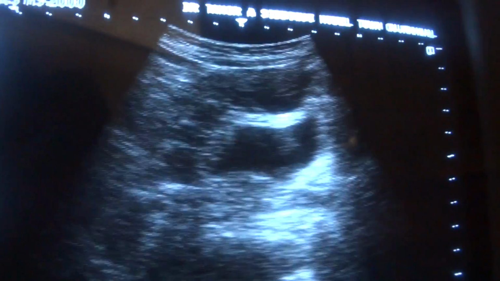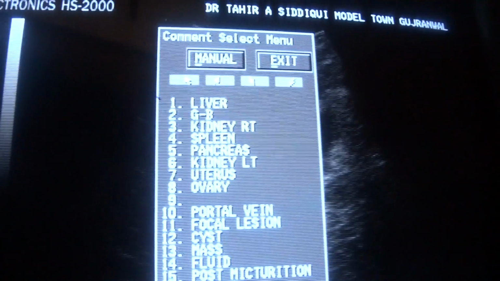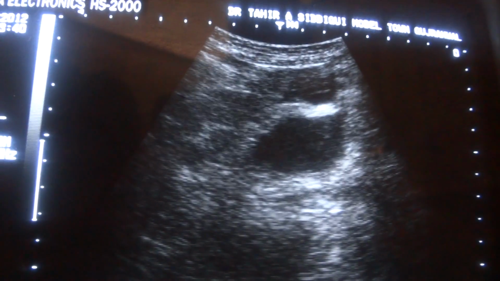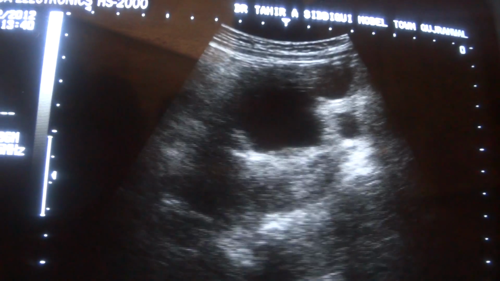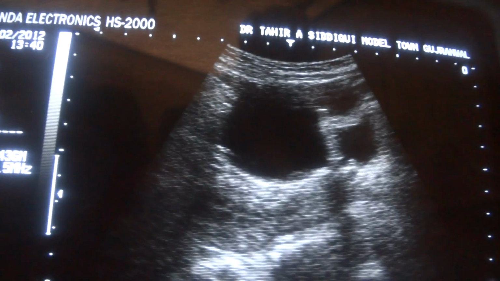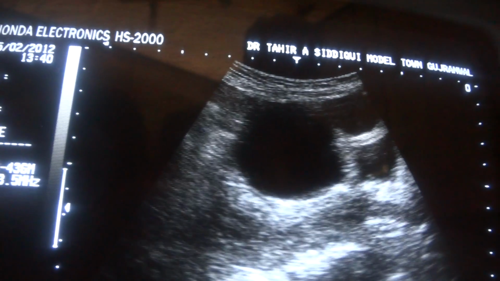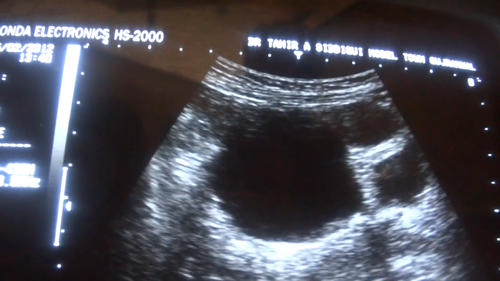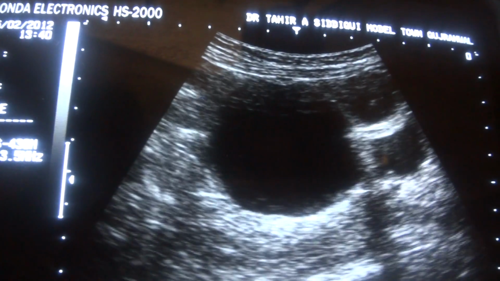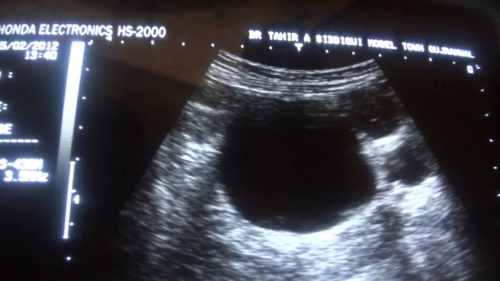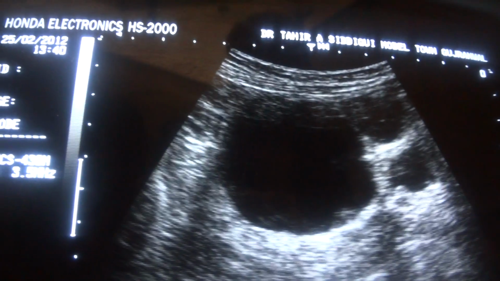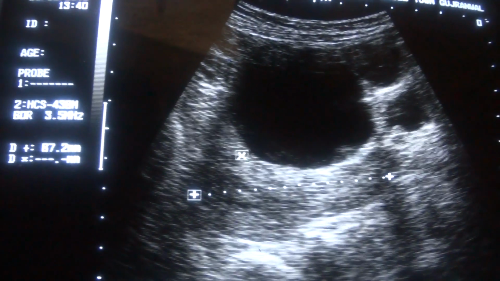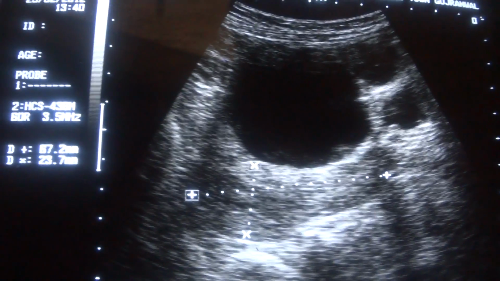This is the female pelvis, in which this is the urinary bladder in longitudinal section, this area, and when I move the probe towards the midline, I see, after aligning the uterus with the vagina, that this is the uterus, which measures 6.7 centimeters in length and 2.3